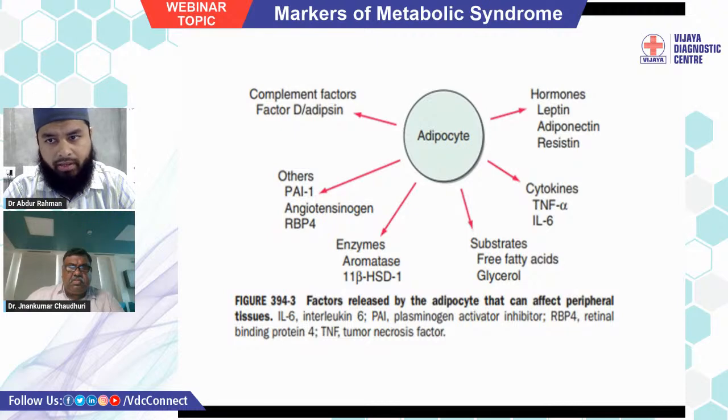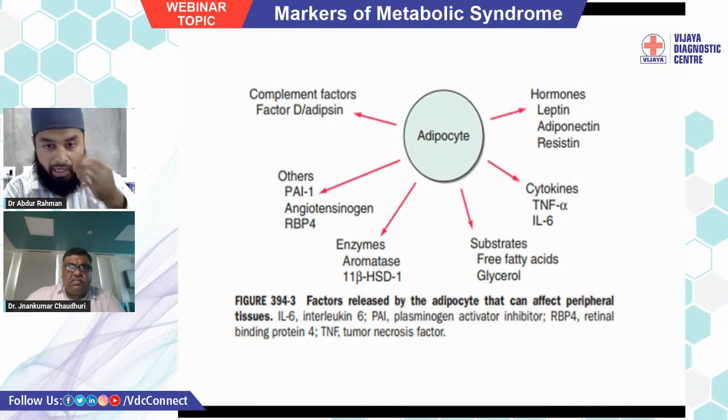Resistin does the same thing. Patients with obesity were found to have high levels of resistin. Adiponectin, on the other hand, acts as an anti-inflammatory. Adipocytes are also releasing TNF alpha and IL-6, and adiponectin cannot inhibit them. Adiponectin is an adipokine responsible for inhibiting the inflammatory markers. So inflammatory markers are getting very high and adiponectin cannot control them, because when the adipocytes are full of fats, the secretion of adiponectin decreases.